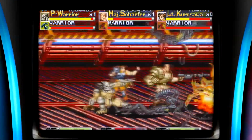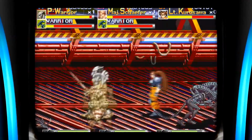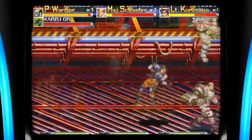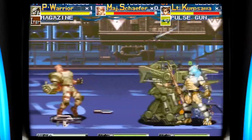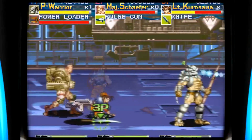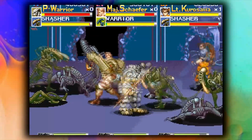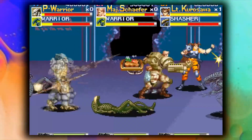Sure, by the later half of the game, especially the final level, it may seem so incredibly frantic that it's hard to keep up, but by this point you have pretty much learnt how to live with it, and it's one of those games that looks insane to watch and almost unplayable, but the pacing and the longevity of each stage and boss feels just about right to keep even the most hardcore of gamers on the edge of their seat without crossing that line. You will have a great time with this game, a game that by all accounts is the most requested game